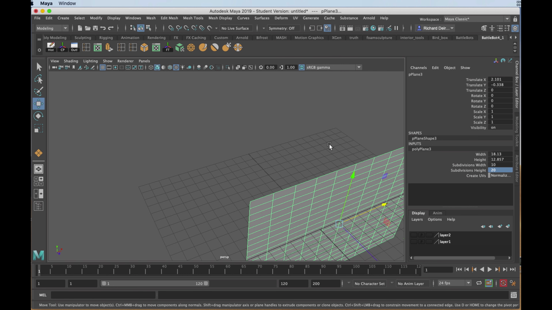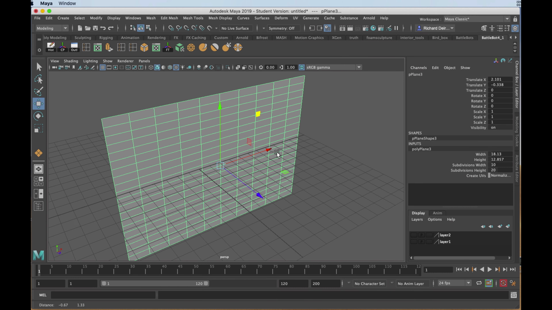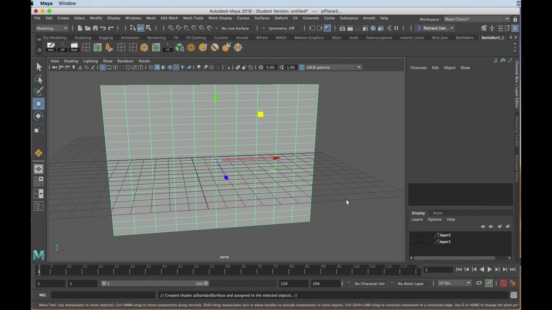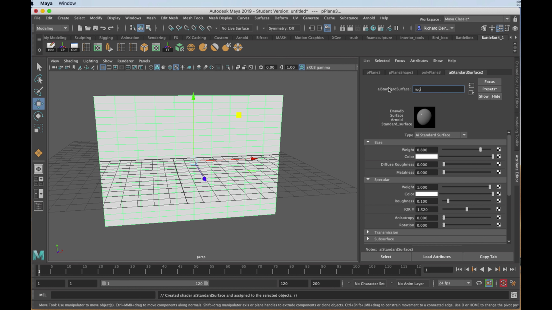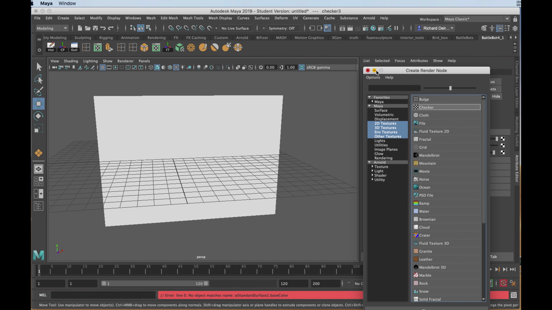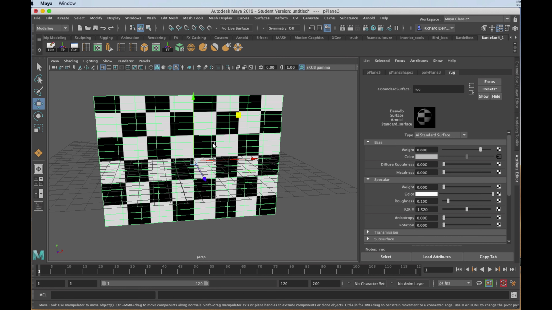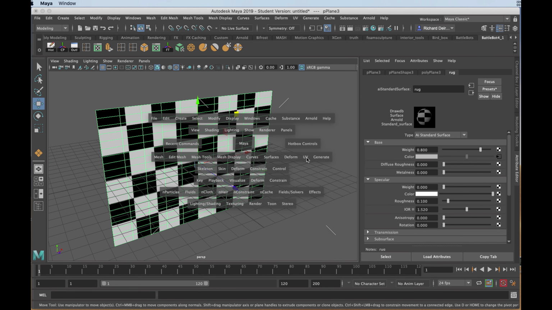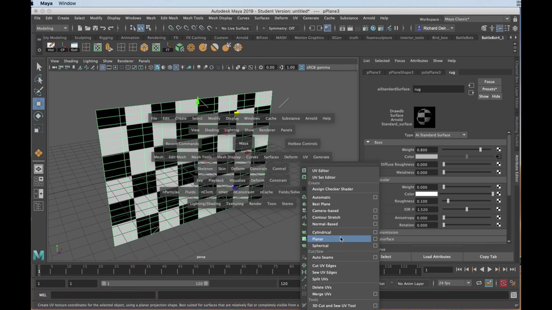In my perspective view, next I'll apply a material. And I don't want it to have a sheen, so I'm taking the specular weight off. Going to the base tab, following color out, I'll click and put the default checkerboard pattern that appears inside of Maya. With it selected, I'll hold down the space bar, UVs, planar mapping attribute,